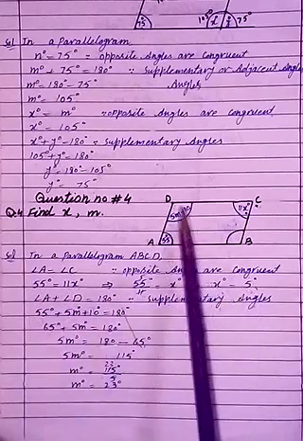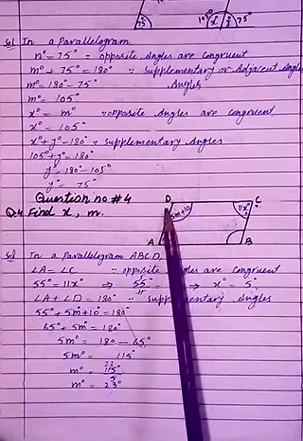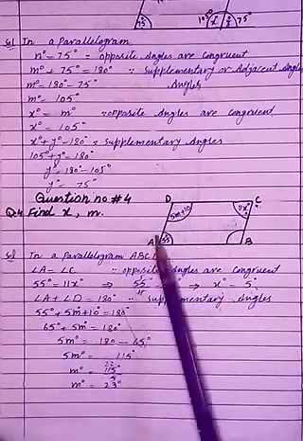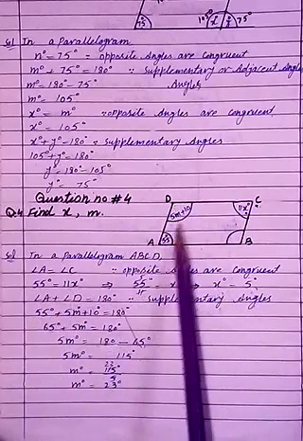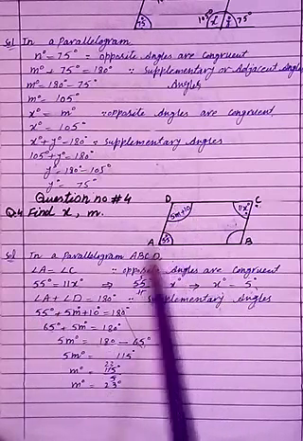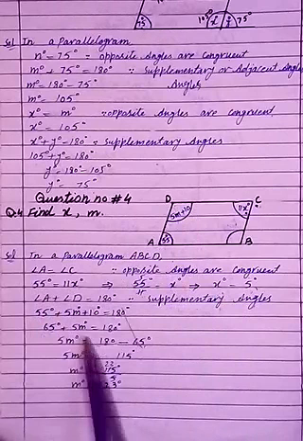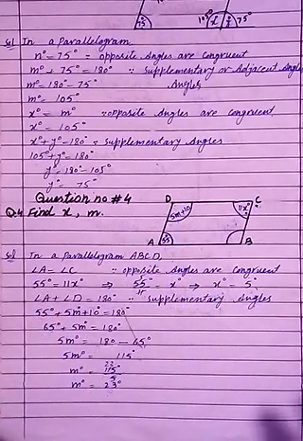Now you have to find the value of angle D, that is to say m. M is situated on D. Yeah, m is located on D. So you can use the property of adjacent angle. Angle D plus angle A equals 180 degree. After putting the value you get m equals 23 degree.